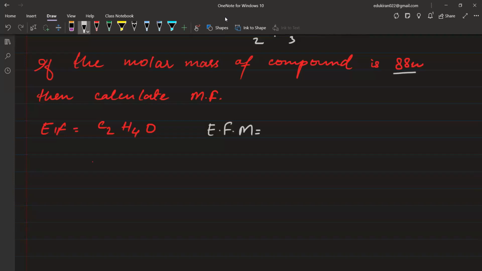Empirical formula mass समझ में आ रहा है ना क्या होगा? कार्बन का हो जाएगा 12 into 2 plus 4 plus 16. ठीक है, empirical formula है, उस पे आप मास निकाल दीजिए, empirical formula mass आ गया। समझ में आ रहा है आपको अरीशा? Yes, sir. मजा आ रहा है आपको? Yeah. ओके, वेरी गुड।